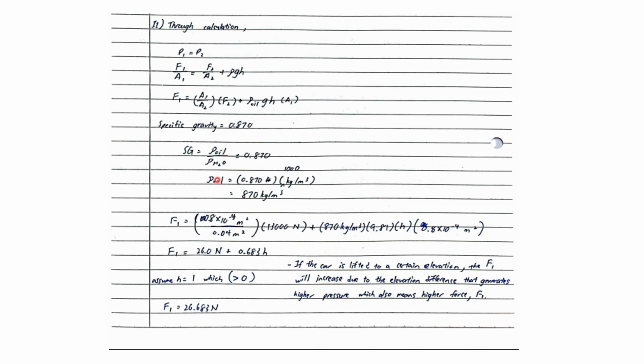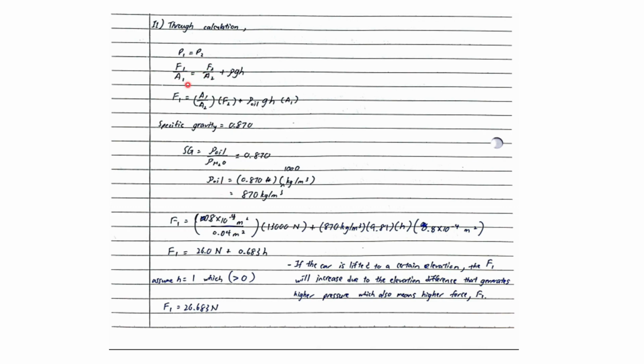We can find it by using the specific gravity, which is the density of oil divided by the density of water. And through calculation, reversed a little bit, we can find the density of oil